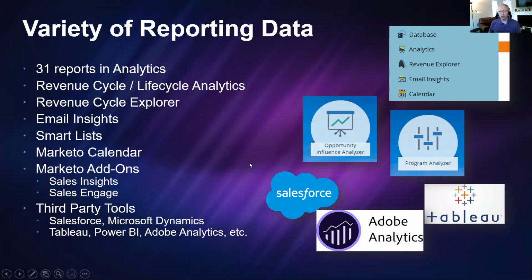There are 30, 31 different reports, and more depending on whether you have add-on modules in the analytics tab itself. If you have Revenue Cycle or Lifecycle Analytics installed, there are different reports available there. If you have Revenue Cycle Explorer, there are different reports there. You have Email Insights. You have smart lists that you can export. You have the Marketo calendar, which is arguably a form of reporting on what's happening within an instance at any given